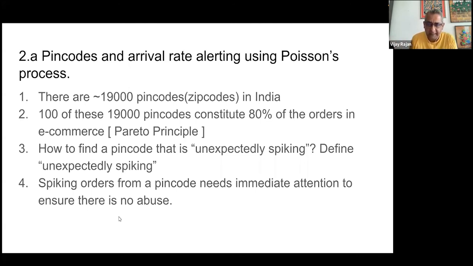unexpectedly spiking? So define "unexpectedly spiking" to yourself, right? And if you try to democratize this, even in this audience, you would have many opinions, and people feel strongly about their opinions, which is fine, which is good. But here's a perspective using Poisson's process. Spiking orders from a pin code need immediate attention, to ensure that there is no mass abuse